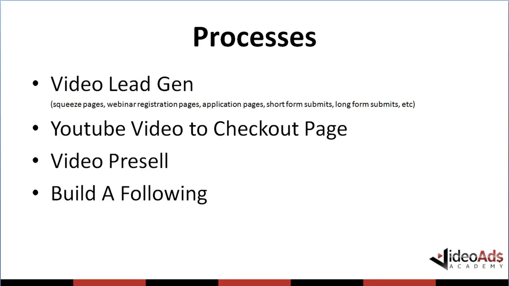So the processes that we're going to be using, there are a couple of different processes. The first one is called video lead gen, or video lead generation, however you want to call it. Basically, that's having a video that drives people to your squeeze pages, if you're running webinars, to your webinar registration pages,